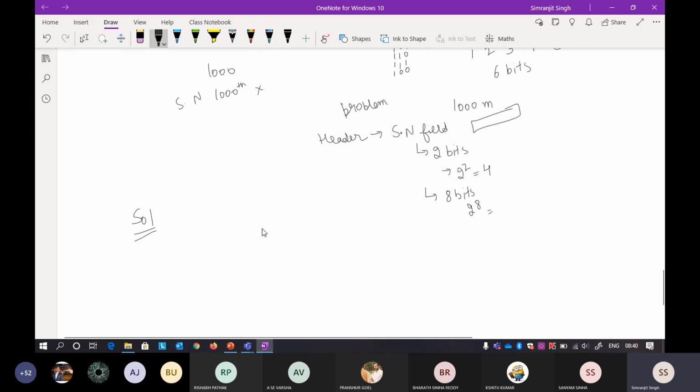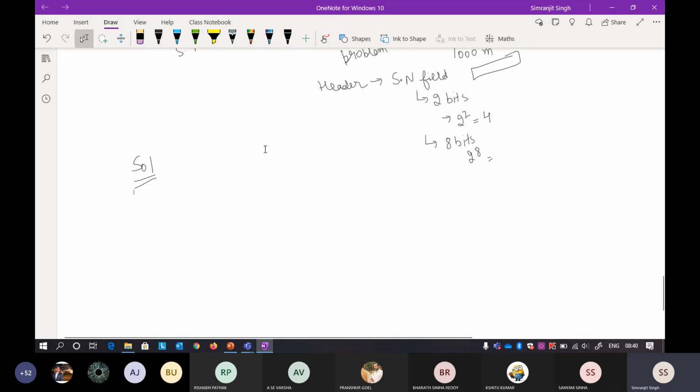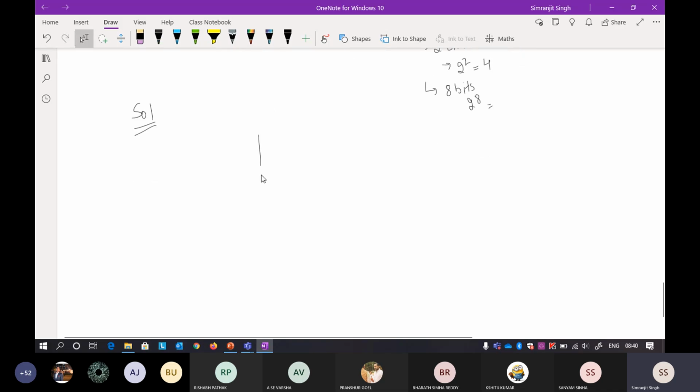I'll continue the same example from the previous one, where tt is 1 millisecond and tp is 1.5 milliseconds. You already know what we did in the previous one. Now observe this. The window size here is 4.